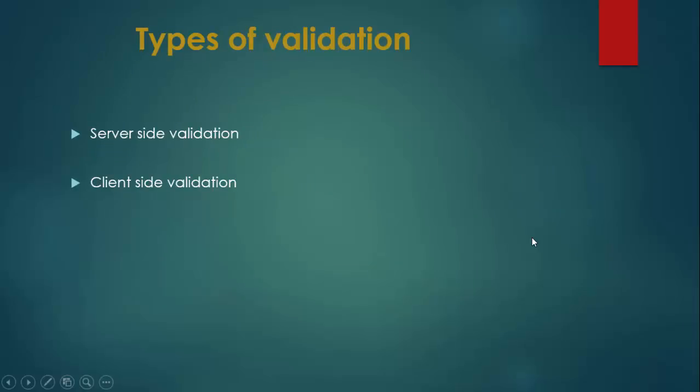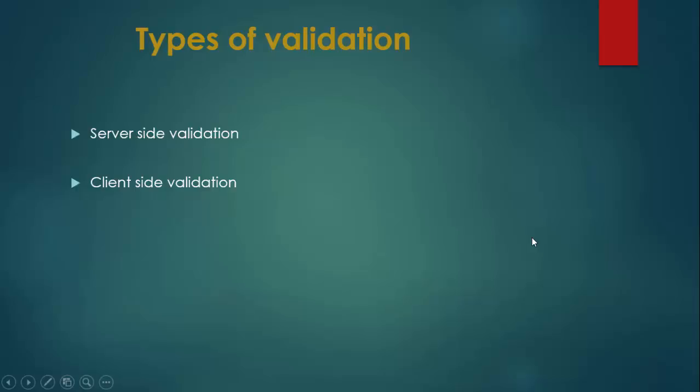Types of validation. There are two types of validation: server-side validation and client-side validation. In server-side validation, when the user enters data into a web form and clicks the submit button, the form data is sent to the server as a request. You can perform server-side validation on the data. If the data is incorrect or invalid, you can send back a response from the server to the client stating this,